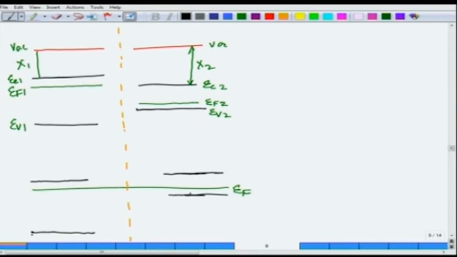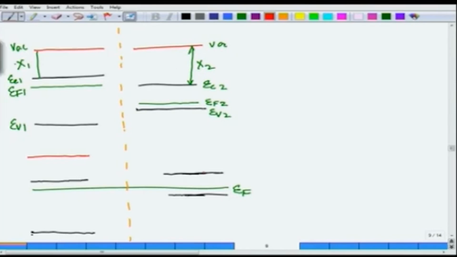Now if you want to draw the vacuum level, that is the most important part to draw. So I am going to draw the vacuum level at a distance of about this much, psi 1. Here is the vacuum level I have drawn, and from here, remember psi 2 is bigger than